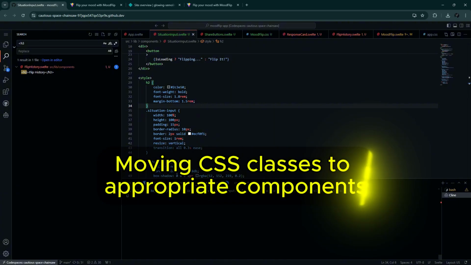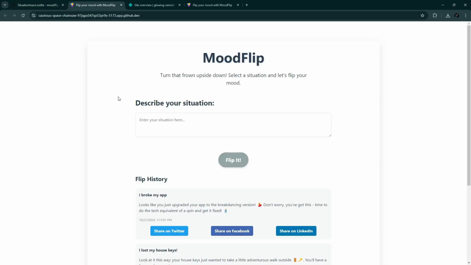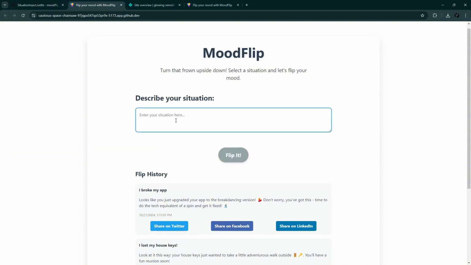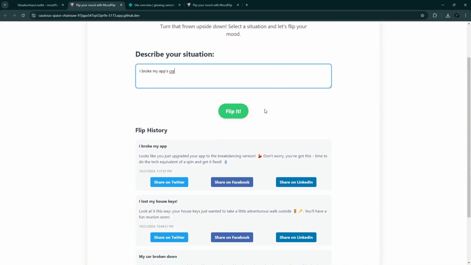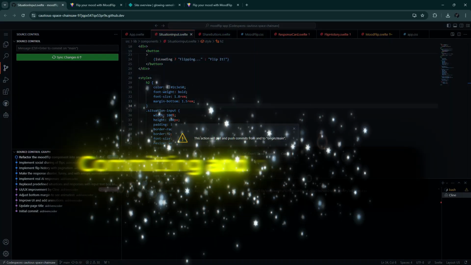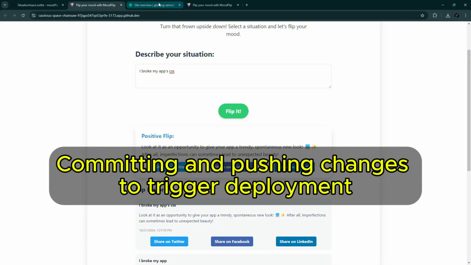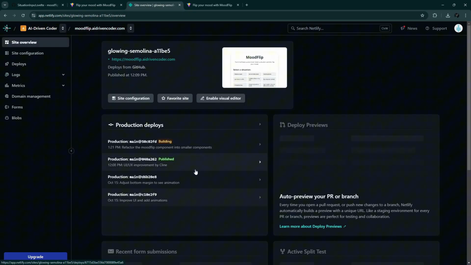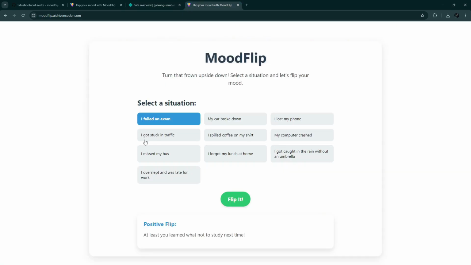Okay, so no more warnings. Looking good. Alright, we can now commit these changes. But let's try if this still works. Alright. And then let's now sync the changes so that Netlify will be able to publish the changes we did. And we should be able to see the change here now.